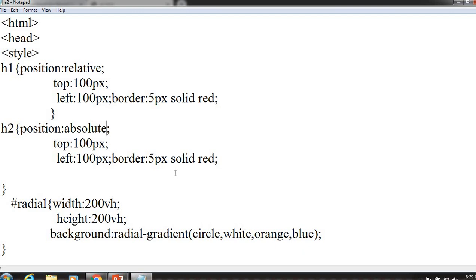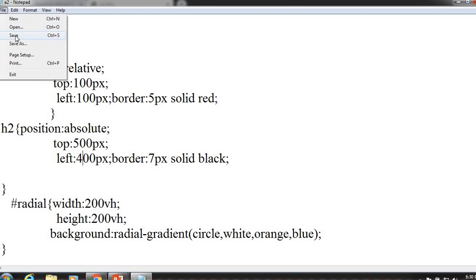I will take the border in a different way, and from the top it may be 500 pixels.